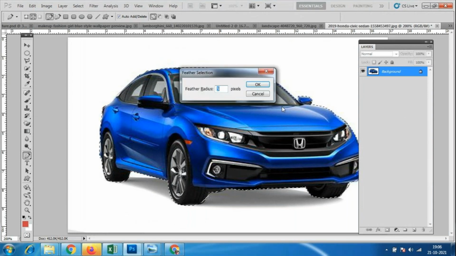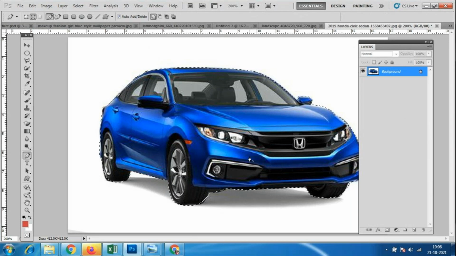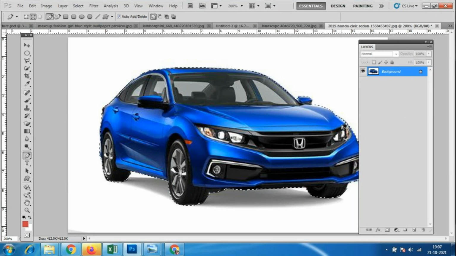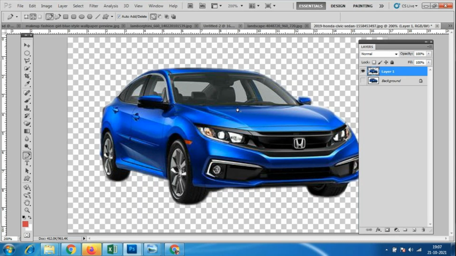I'll give a little feather. Okay, so how to add the feather, and why should we add the feather? If we select the polygon lasso tool, automatically we'll have an option here, feather. So we have to add the feather so the edges come a little smooth. That's why we have to add the feather, that is Shift F6. If you add Shift F6, you will have the feather. I'll just give one. Okay, then Control J. Okay, if we do not add the feather, no problem. See, it comes a little blurred over here. So any edges which come out sharp, any small mistakes you people have made, at that time if you add the feather, it will get hidden.